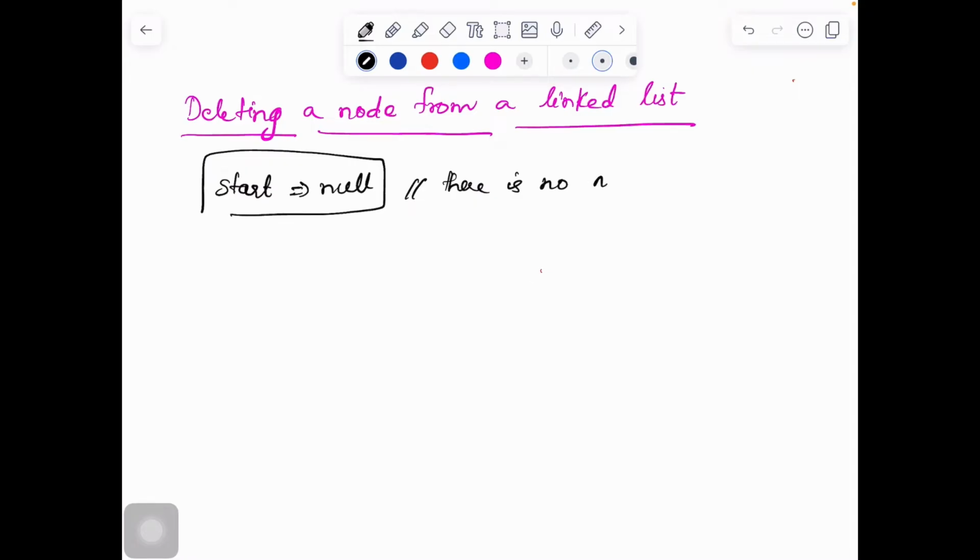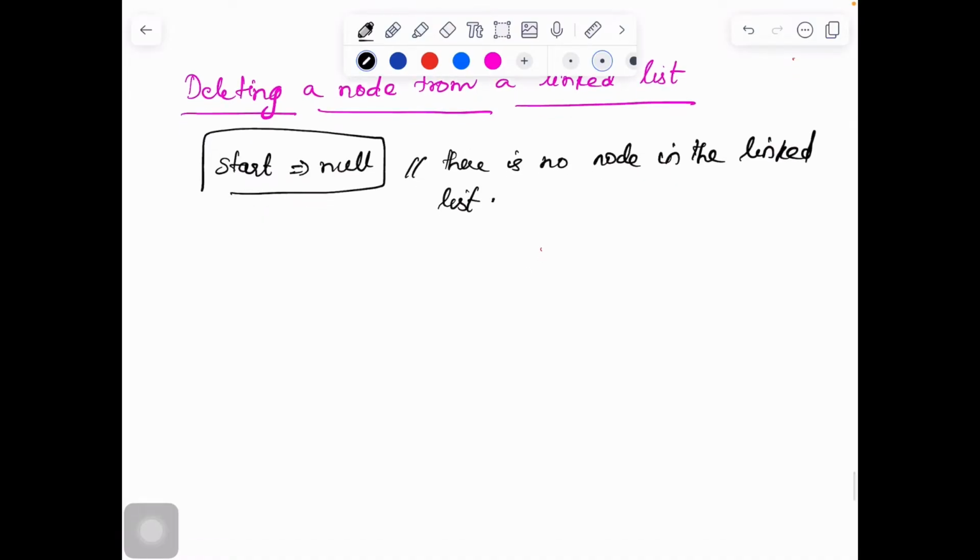So the first condition to check before you perform the deletion, step 1, is to check if start is equal to null. If start is equal to null, then you have to print the error condition.